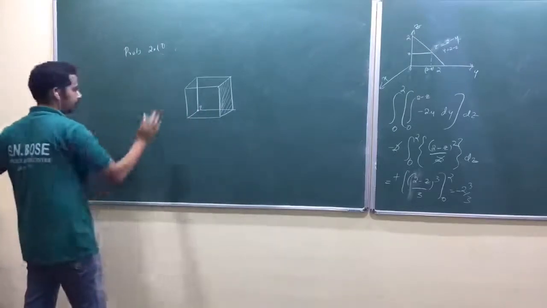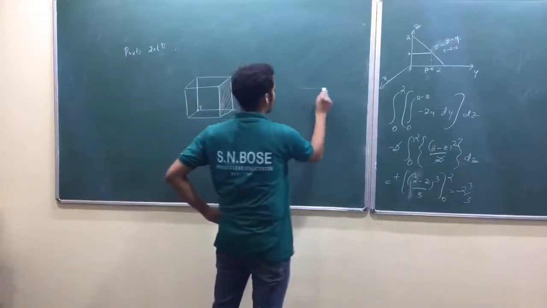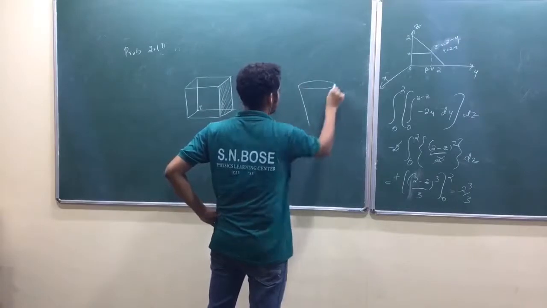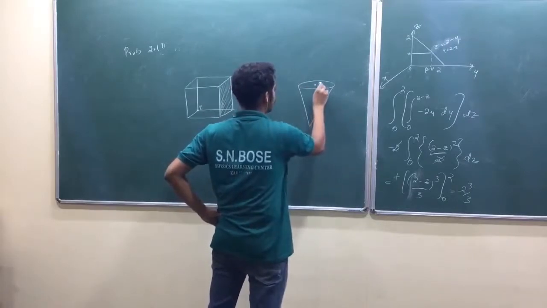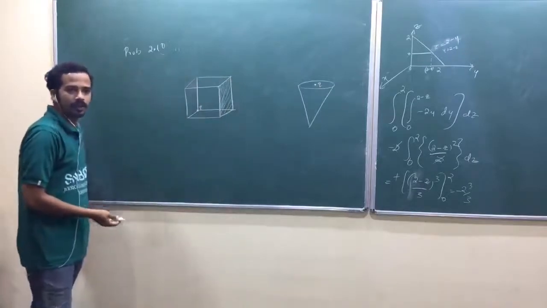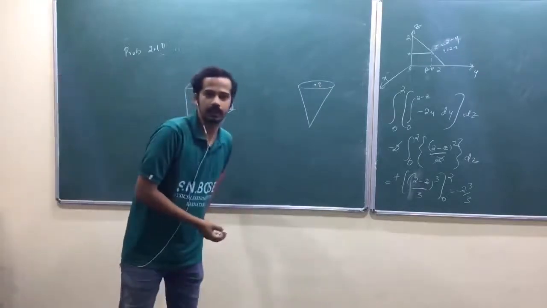Then what is the idea? Before discussing this one, I'll go for my question. I think that was again an old CSIR question. I have taken a cone, I placed charge Q here. What is the flux through this cone? Half of Q by epsilon naught. Am I right? Q by epsilon naught.